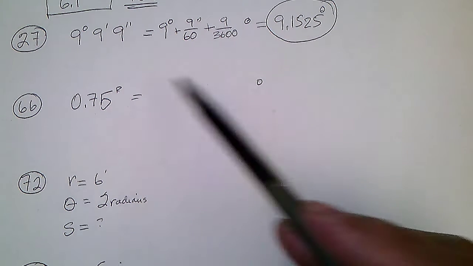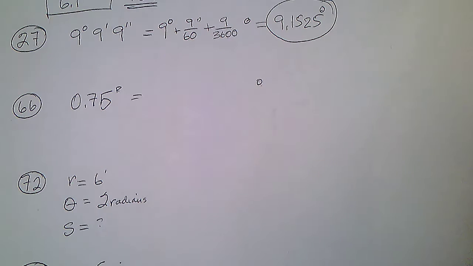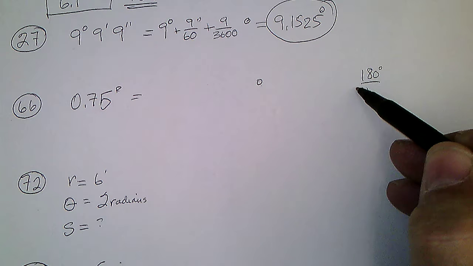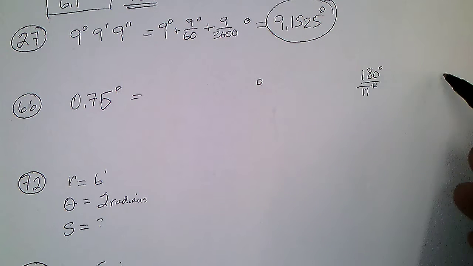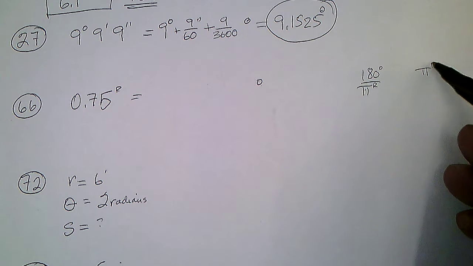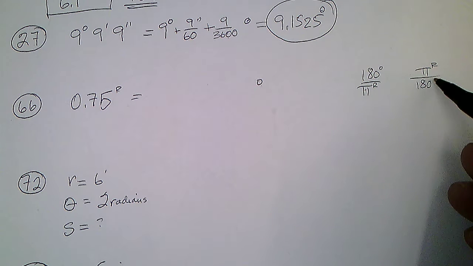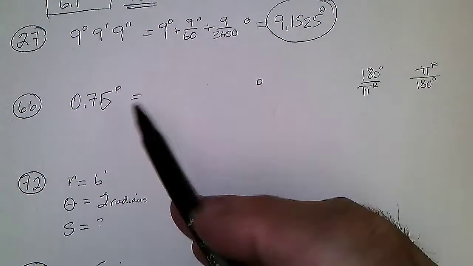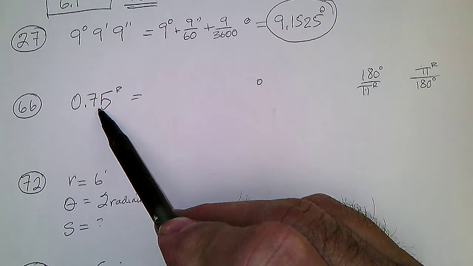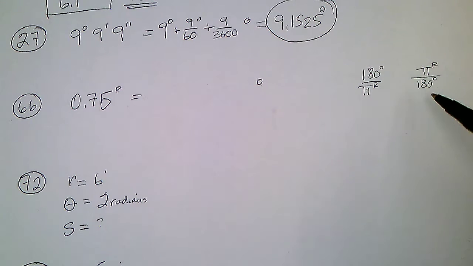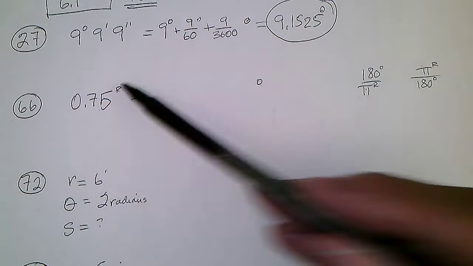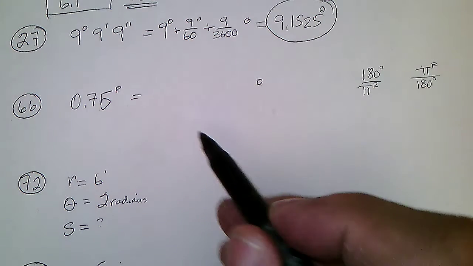Change the radians to degrees. Well, for converting, you either multiply by 180 degrees divided by pi radians, those are the same size angles, or pi radians over 180 degrees. So these are equal in size, so this is a ratio of 1. I need to multiply so that the radians cancel. If I multiply by this, I'd get radians times radians. If I multiply by this, I get radians over radians, and they would cancel. So I'm going to multiply by